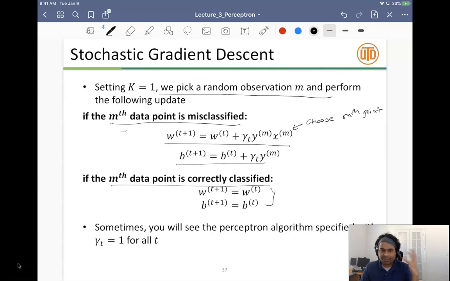So the perceptron algorithm is very, very straightforward if you think about it, right? If my example is misclassified, I do something about it, right? But if it's correct, I don't need to do anything about it. It's just classified correctly. I should not ideally do anything, right? So from that perspective, the perceptron algorithm makes sense from what it is doing.